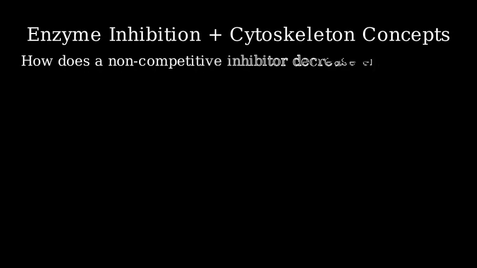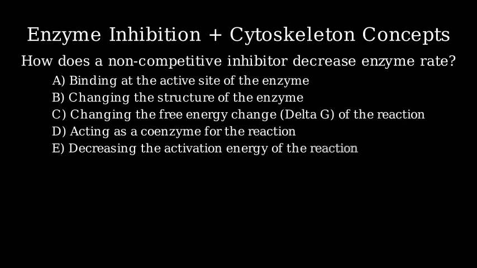Welcome! In this video, we'll visualize how a non-competitive inhibitor decreases the rate of an enzyme reaction, and then we'll answer a cytoskeleton question. First, the question: how does a non-competitive inhibitor decrease the rate of an enzyme reaction? Choices: by binding at the active site of the enzyme, by changing the structure of the enzyme, by changing the free energy change of the reaction, by acting as a coenzyme for the reaction, or by decreasing the activation energy